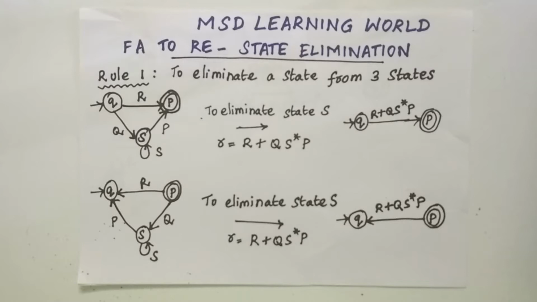As the name implies, we are going to find the regular expression for the given automata by eliminating the states one by one. But to perform this state elimination method, there are certain rules for eliminating the states in the automata. You can have any type of automata for finding the regular expression. It can be an NFA, a DFA, or an NFA epsilon machine. But for all the types of automata, the rules are the same for performing the state elimination method to find the regular expression.